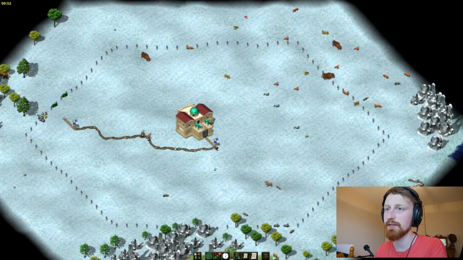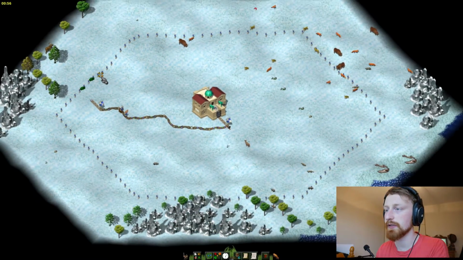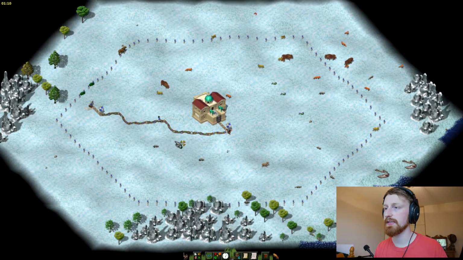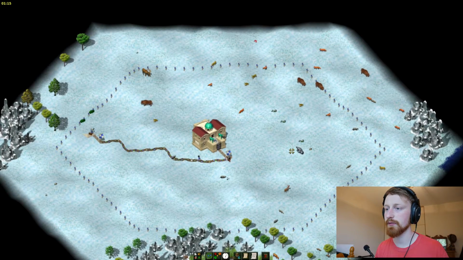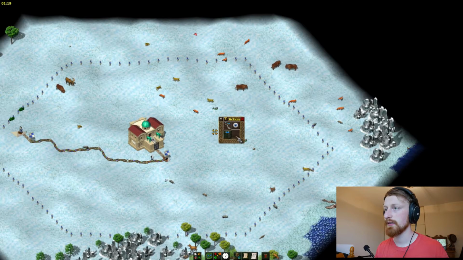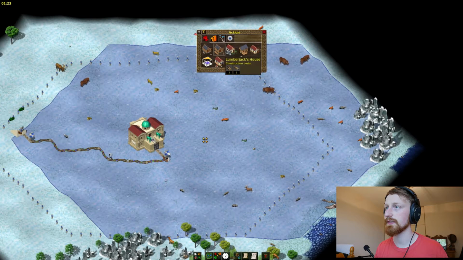So we're going to build a watchtower to expand our border. This stuff here, that's our border, that line. And they're gonna help us build that. I need to start chopping down trees to get more wood, but I'm not near a forest, so that's why I'm gonna expand my borders to get near a forest. And these animals, you can hunt them, so we're gonna do that. We're gonna build a